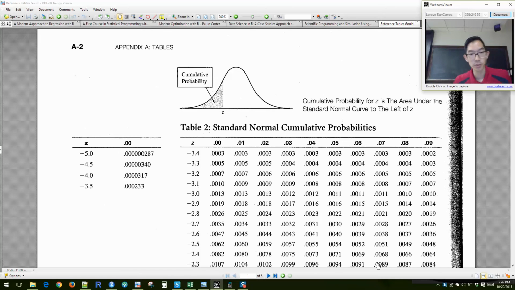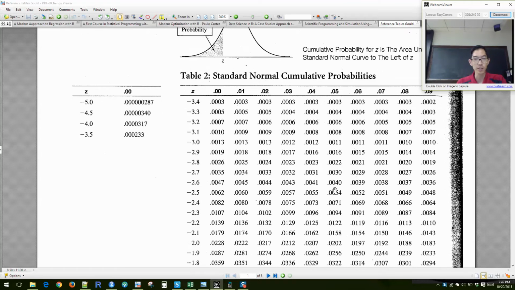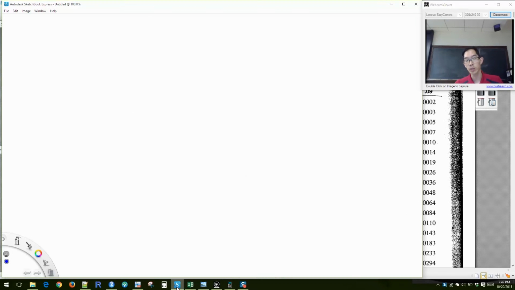Okay, so you take a look at this thing, and it says standard normal cumulative probabilities here, okay? And so first, let's just start off with this first page, okay? So this week, we are going to work with something called the normal distribution, and then later on, the binomial distribution, okay? And so what the normal distribution looks like,